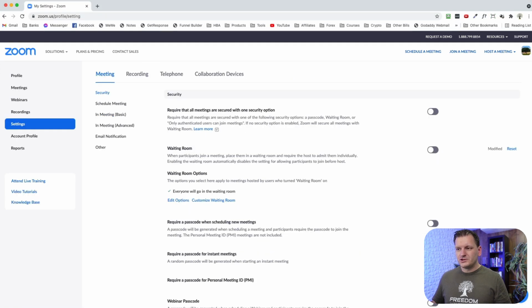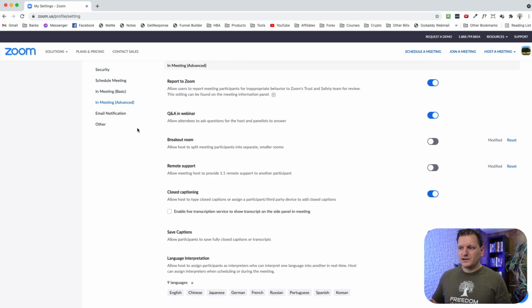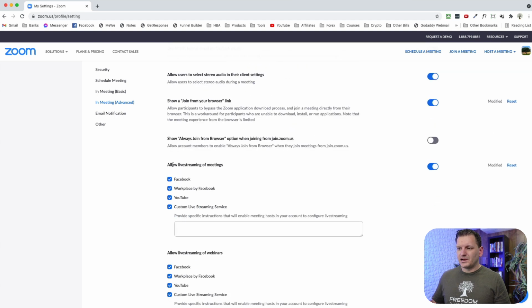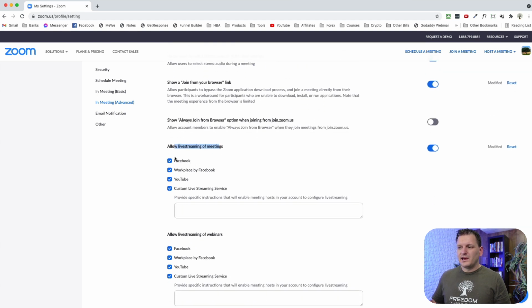And if I go over to my paid account, so I'll click over here on settings and I'll go to In Meeting Advanced. And you'll notice if I scroll down, it says right here, allow live streaming in meetings. And there's a bunch of check boxes that you can now check, and Facebook being one of those. So if you have the free account, you have to upgrade; even the lowest paid plan will work. You'll be able to live stream in your meetings, in your webinars, anything that you do with Zoom. So just wanted to make that clarification. We had that question a ton.